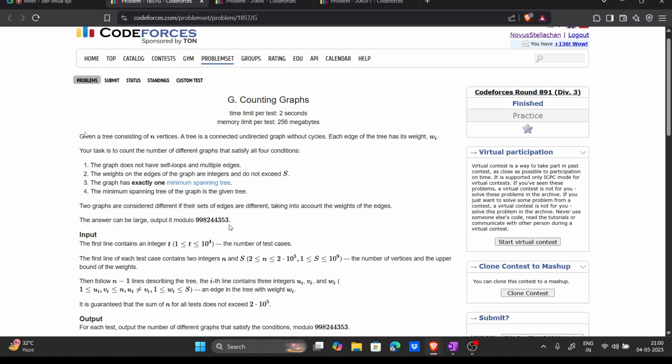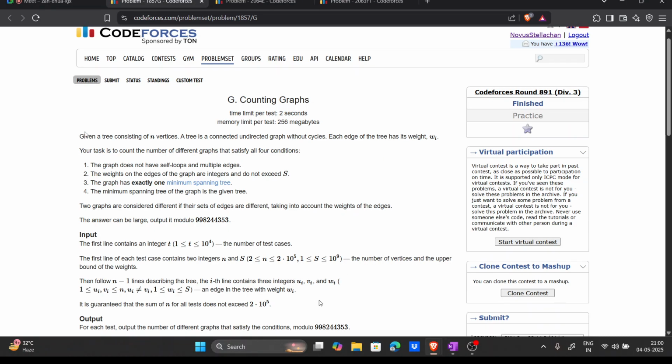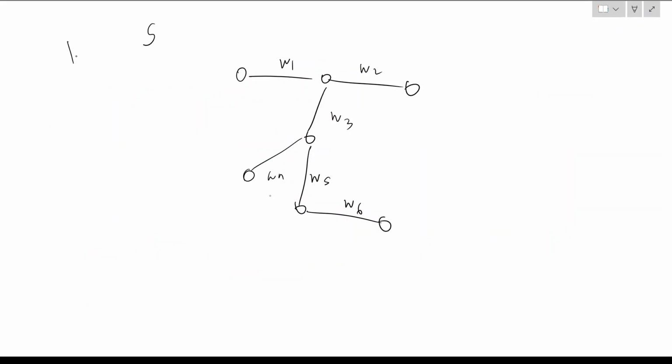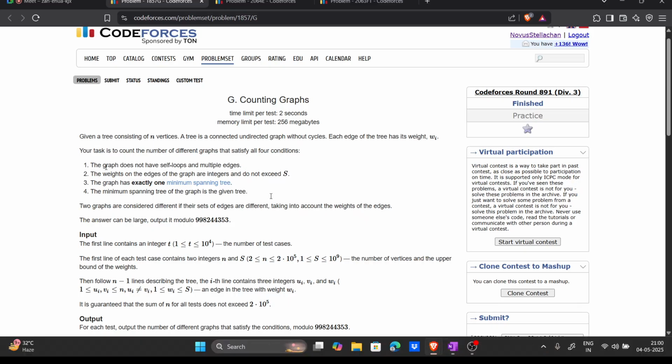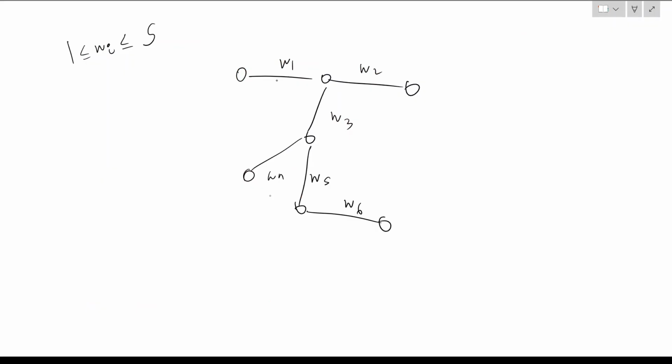So the problem says that we have a tree on n vertices. Let me just draw a tree here. And every single edge has a weight, W1, W2, something, something. And we're given an integer s as well, which is sort of an upper bound on each of these Wi. And what we want to count is the number of graphs that we can create on the same n vertices, such that,